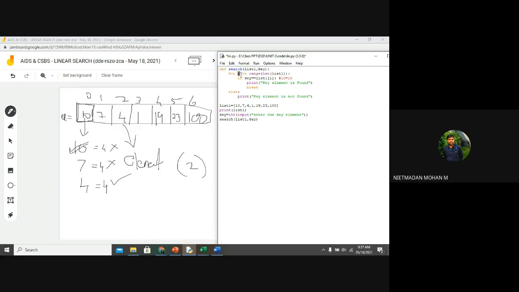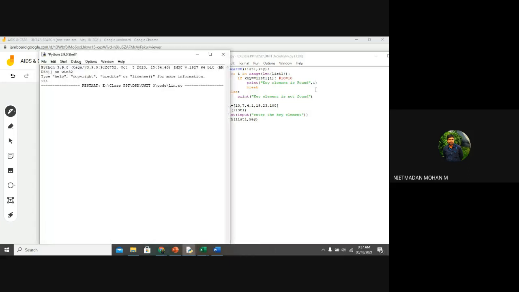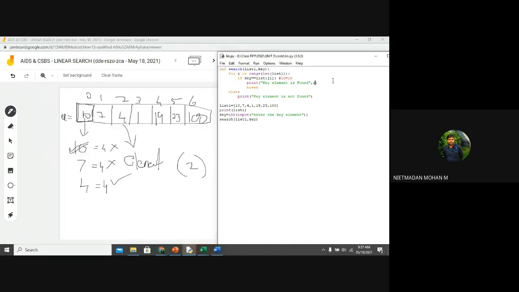So if I give i here, then you can see I am giving 10, and the key element is found at index value 0. Clear? Are you getting this?